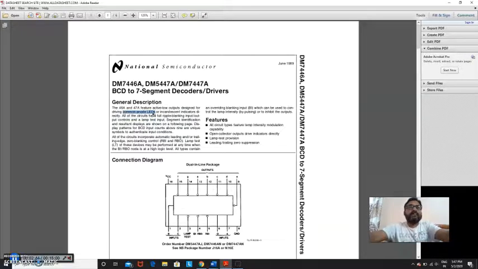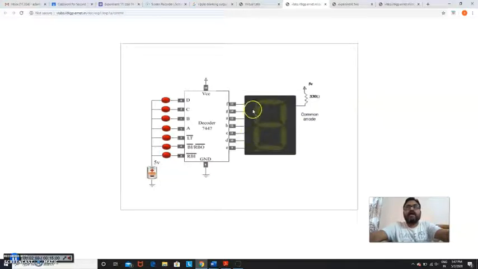Common anode means whatever circuitry is built over here, all the anodes of these 7 segments A, B, C, D, E, F and G, all the anodes, meaning the positive terminals, are brought into common, and that common anode has been connected to 5 volts. The other terminal of each individual segment LED is the cathode. So whenever you get a 0 from the output, that particular LED will be lit up, or will glow.